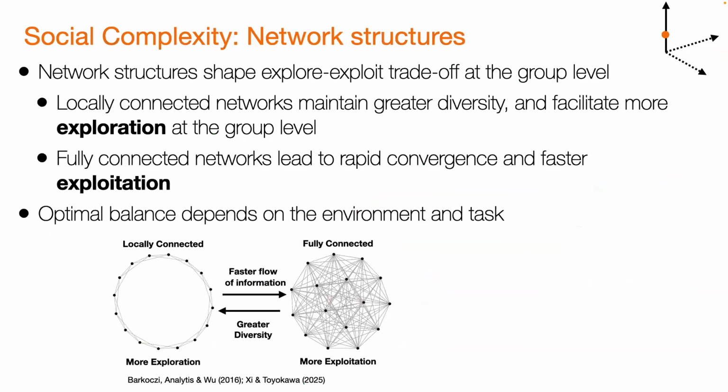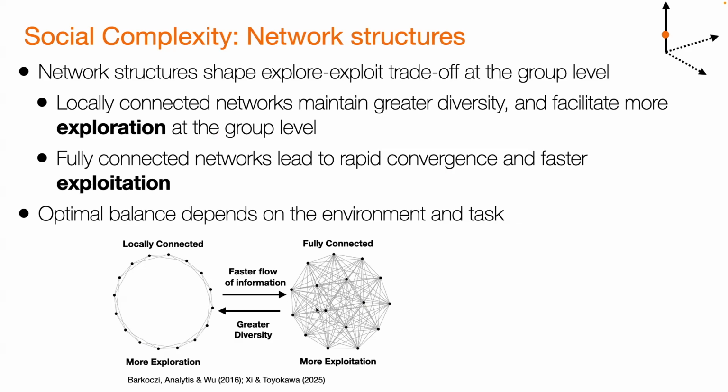Furthermore, let's look at the social complexity dimension, where here we're going to focus on network structures. So Wataru already teased this a little bit, but a lot of past work has looked at how different network structures influence the flow of information between individuals in a group, right? And one general principle is that the connectivity of the graphs influences the flow of information, and thus also influences the amount of diversity of solutions that are available in the population, thus influencing the exploration and